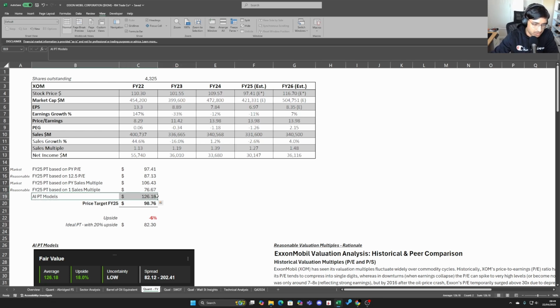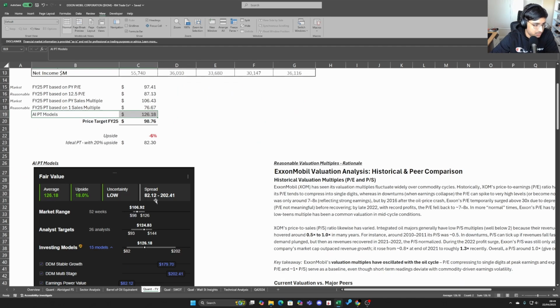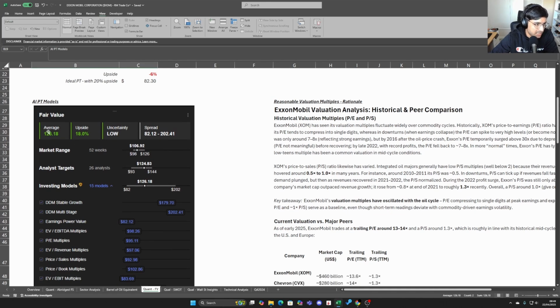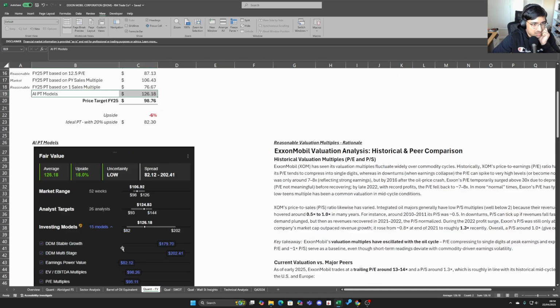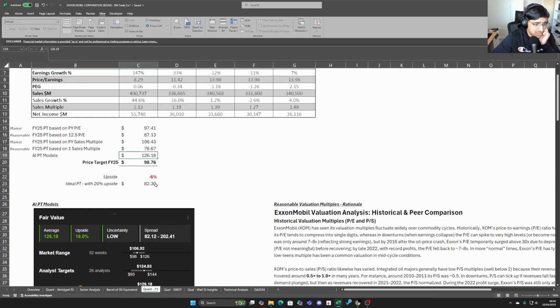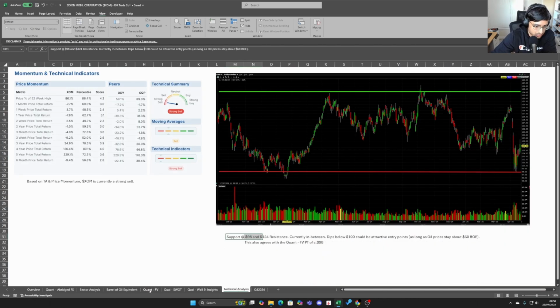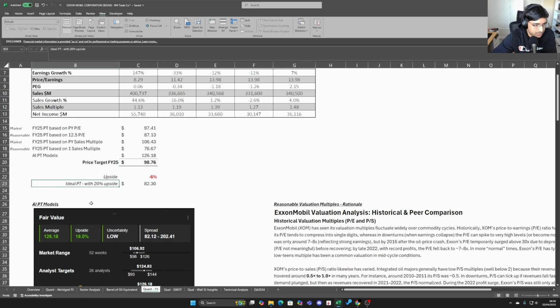And then, as always with all my models, if you watch any of my other videos, I also grab AI price target models. All that summarized gives a price target of $126 per share, and then the average of that gives me $98, which, to be fair, quite interestingly does align with the technical analysis in terms of the support, so that's always good to see. And then I personally like always having a 20% safety net, and assigning that, you get a price target valuation of around $82.